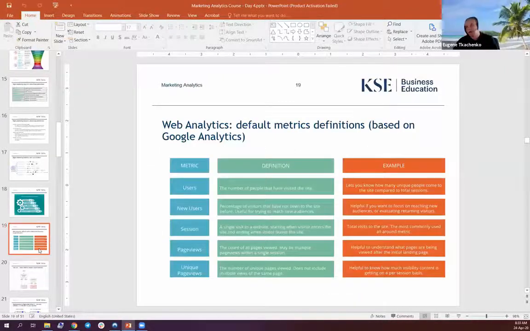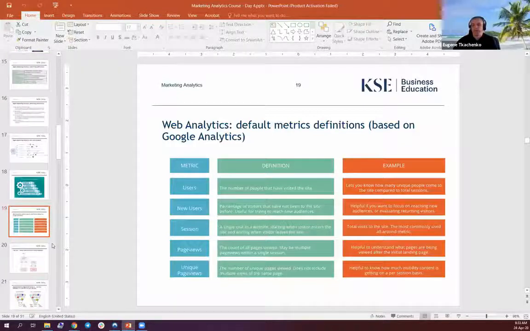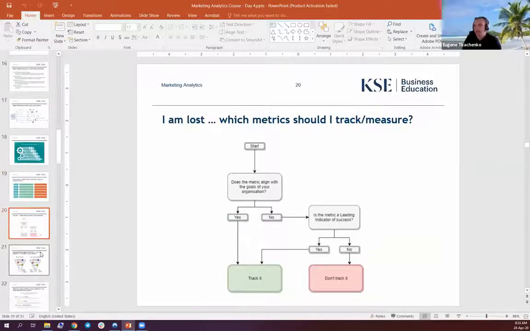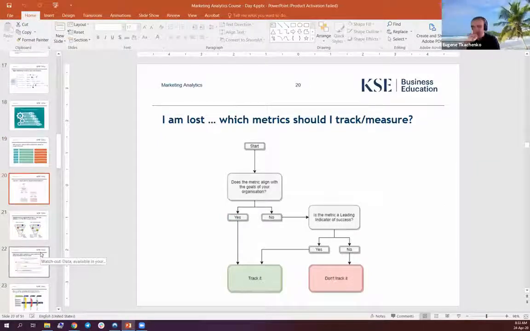So the metrics you are interested in tracking will be very different based on, again, your objective. And when we are talking about which metrics should be tracked, it's a very interesting question, because you need to understand if, for example, click-through rate is really crucial for your business or not. If it's crucial, why is it crucial? For example, click-through rate is not a crucial metric, but it does support your business objective. How does it support?